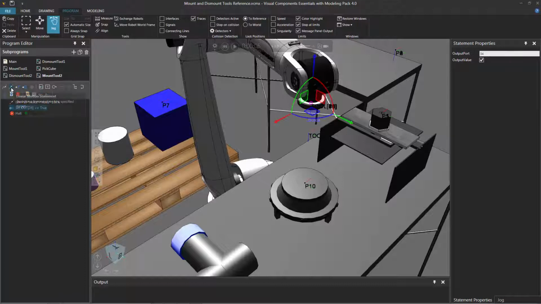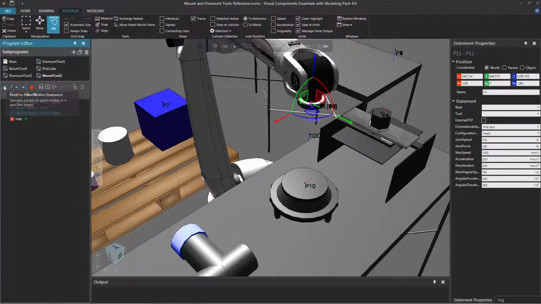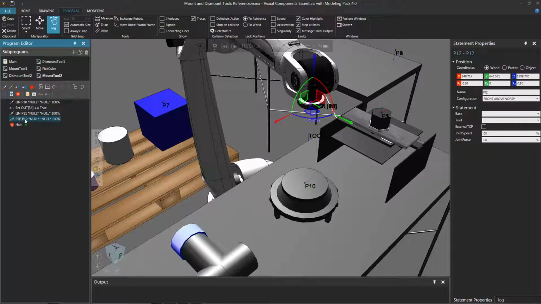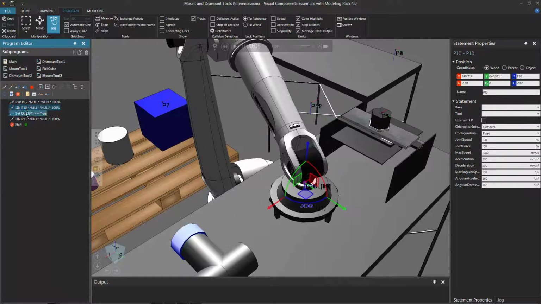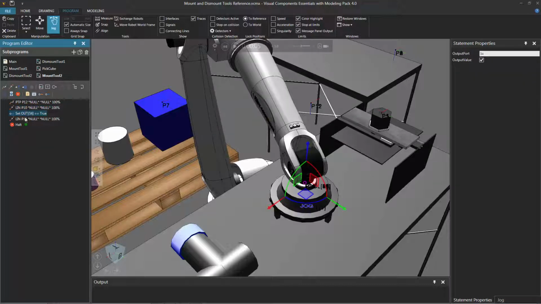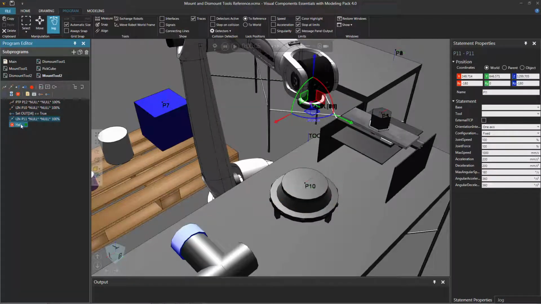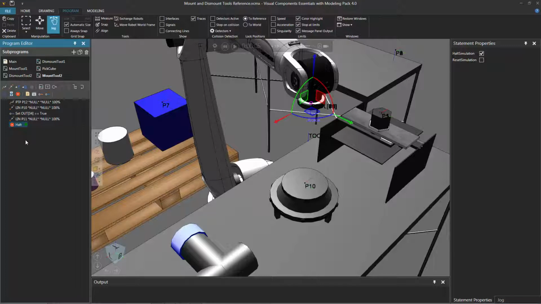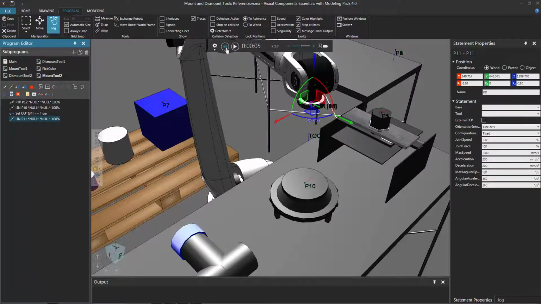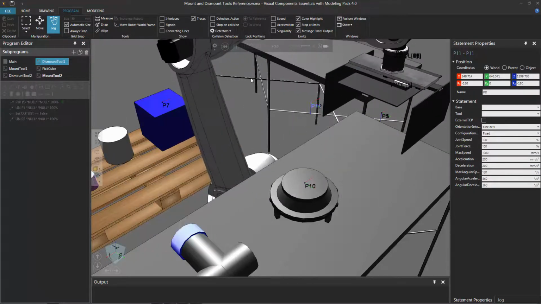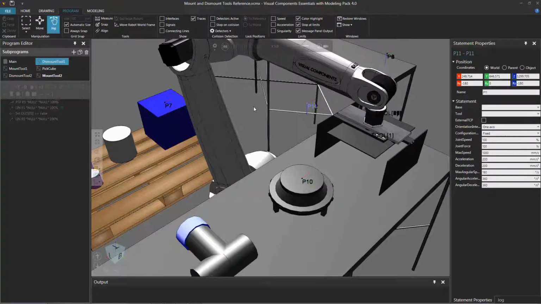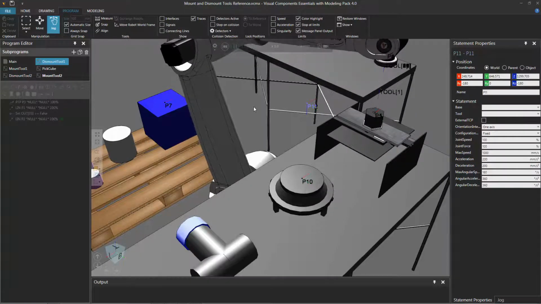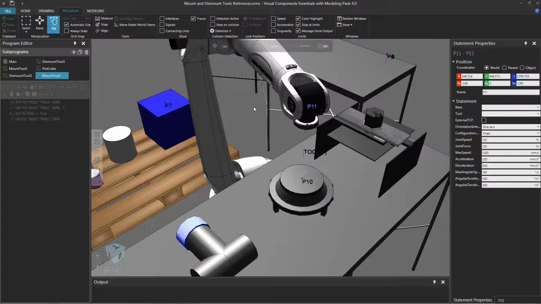Add that linear motion statement for the retract position and the approach position. P12 is going to be our approach, so I'll drag that to the start of the sequence. So the robot will then go down to mount the tool. It signals the mount tool action and goes back up. And let's actually get rid of that halt statement. We don't need it. So reset the simulation, run it again. The robot gets rid of one tool, and then it goes to pick up another tool,